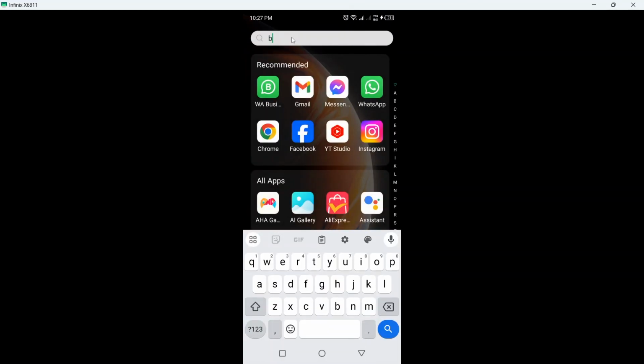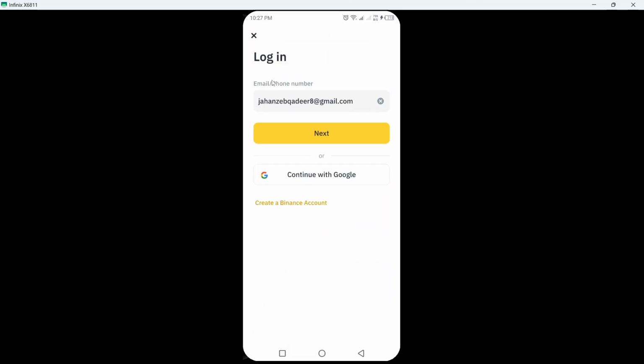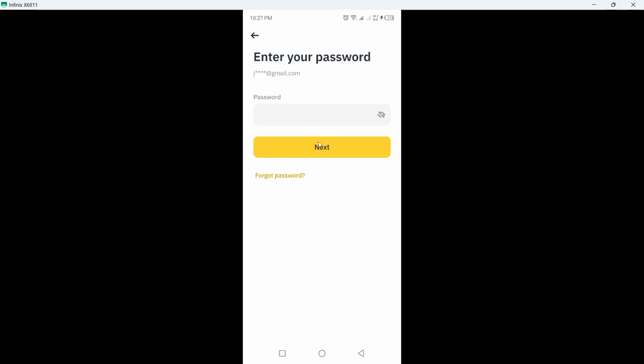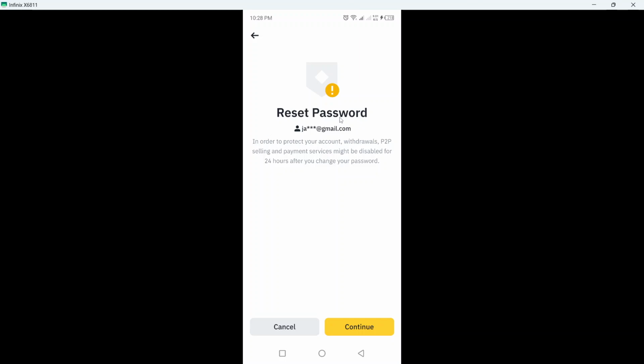So the first step you need to do is to open Binance application and you need to come onto the login page and add your email. Click on next, and once you are on this page of login, here you need to add your password. Let's suppose you forget your password, click on forgot password, and here you can see reset password. Click on continue,